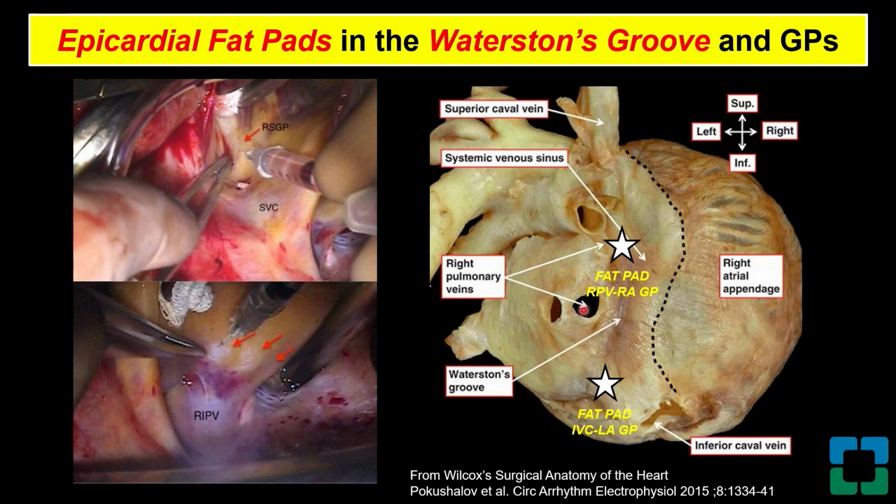But typically, surgeons do know that they are within the so-called Waterston groove, which is the separation between the right atrium and the left atrium. And of course, there is above and below the fossa ovalis. And here, typically, again, the two main targets are the right superior paraseptal ganglia, right superior GP, and inferior paraseptal ganglia, depending whether you're doing a cardioneuroablation to denervate predominantly the sinus node versus the AV node.